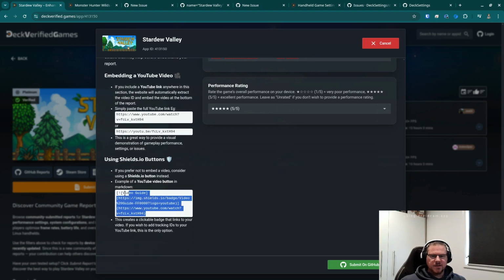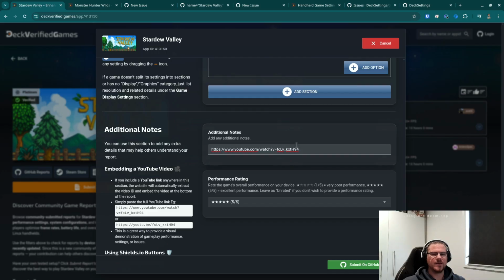And likewise, you can link to it with a button instead, if you prefer. You're the author, you get to decide what you do. So shields.io buttons are also possible in the additional notes. And the additional notes is just purely for additional notes. Maybe it took some extra work to get the game to work. A common theme might be, hey, this game plays pretty good on the internal storage, but don't install it on an SD card. The shader loading is just horrendous, and you'll end up with big stutters. Something like that, you know, additional notes on how the game performs. Anyway,